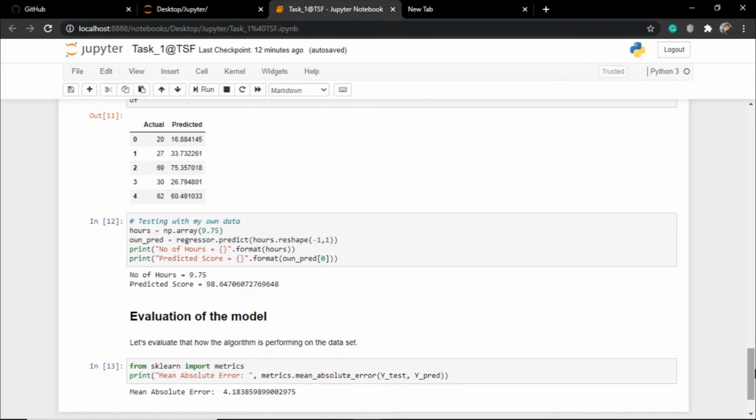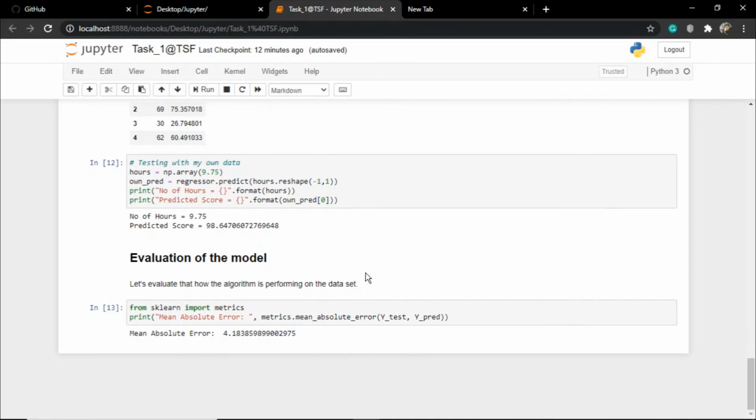Then I come to the evaluation of the model. We evaluate the model to know how our algorithm is performing on the given dataset. From scikit-learn again I have imported metrics and I have calculated the mean absolute error. So the mean absolute error of our model here is